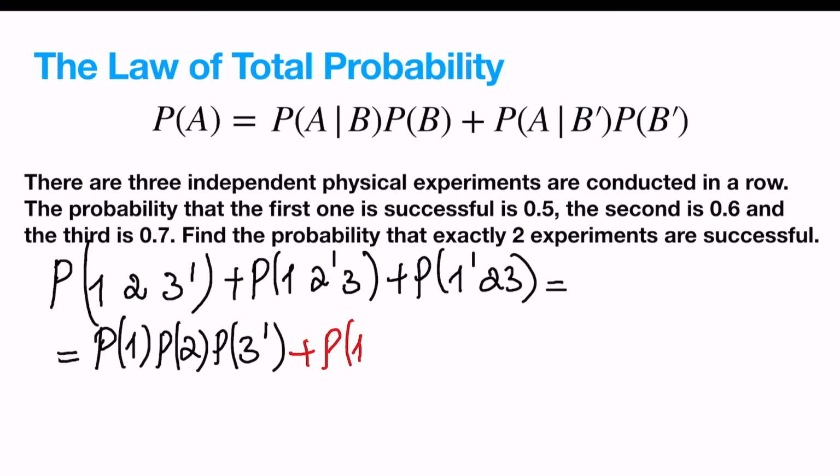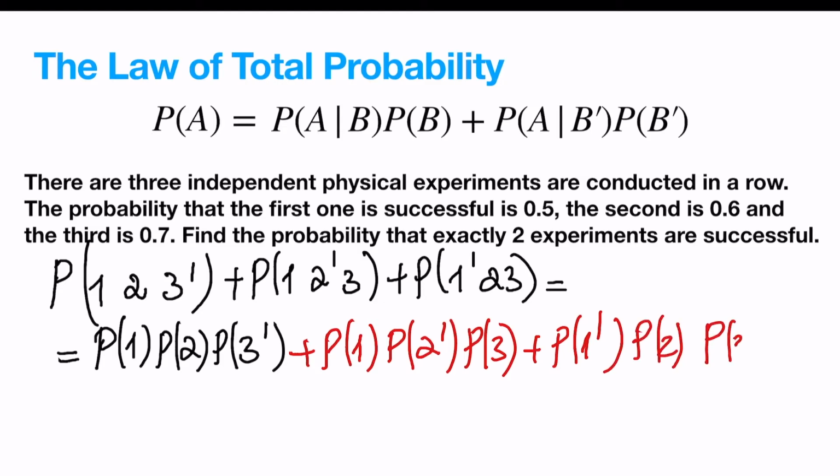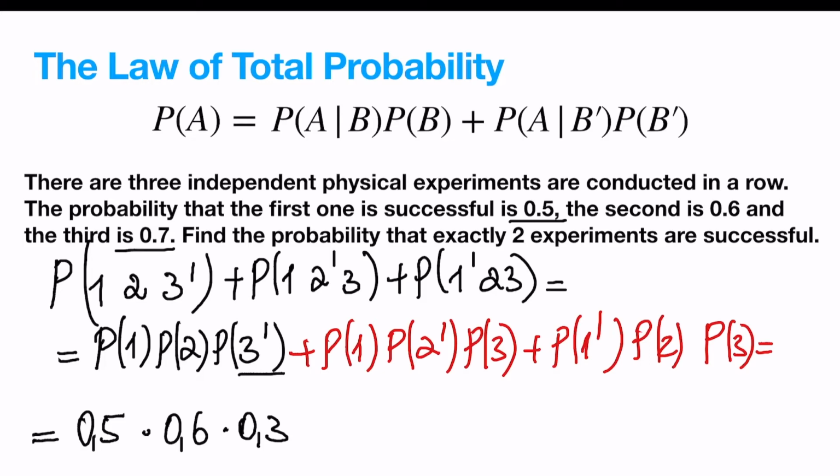plus the probability of 1, probability of 2 prime, probability of 3, plus the probability of 1 prime, 2 and 3. So let's evaluate this together. What is the probability of 1, P of 1? It is given, 0.5. What is the P of 2? 0.6. What is the P of 3 prime? 0.3, right? It is given that the probability that the third one is successful is 0.7. And so the probability that the third one is unsuccessful is going to be 1 minus 0.7,